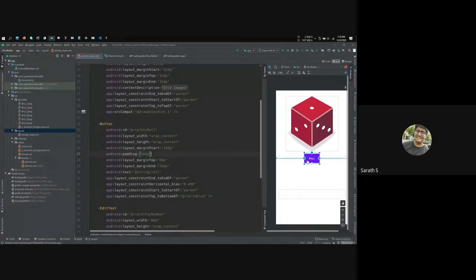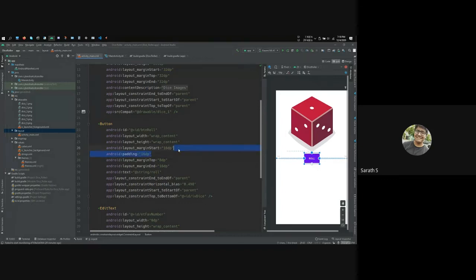As you can see, the button increases in size, but the text is still the same size. Why this happens is because when I give it padding, the whole box inside it took 16 dp of extra space. So that basically stretched out the button.